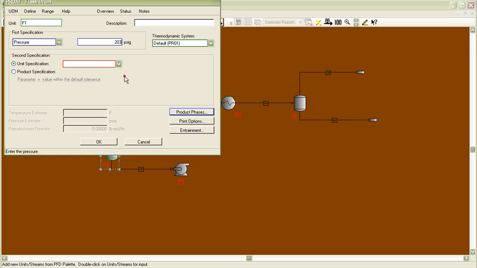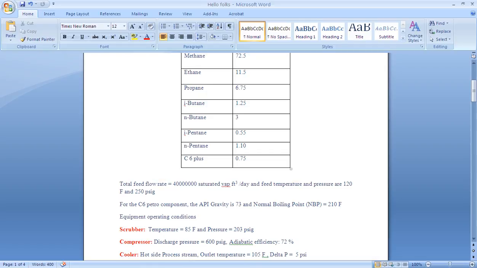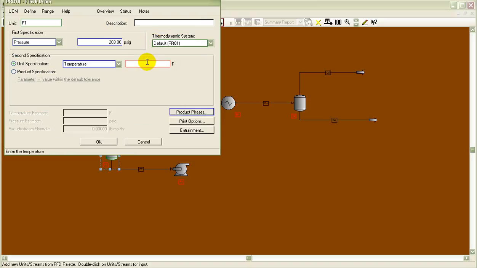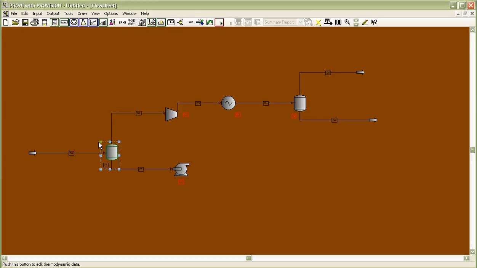Right. Second specification is temperature, which is given to you as 85 degree Fahrenheit. All right, this is fine. Okay, so click on it. All right, the next is